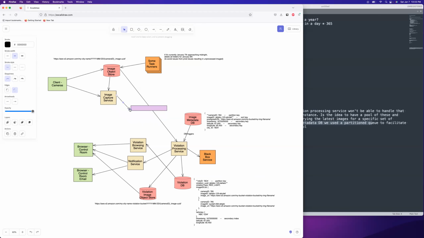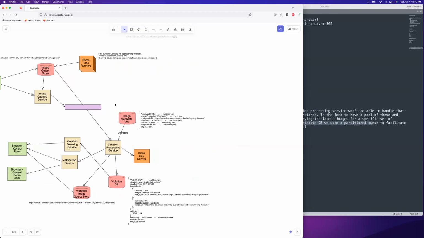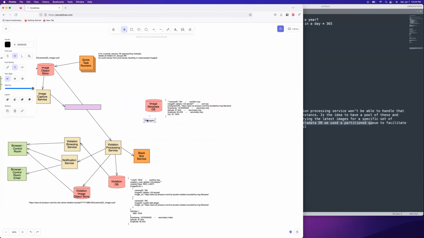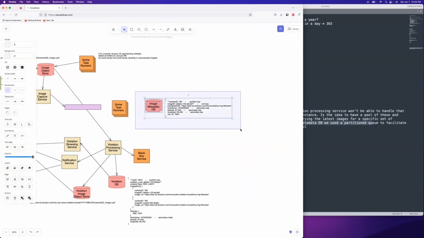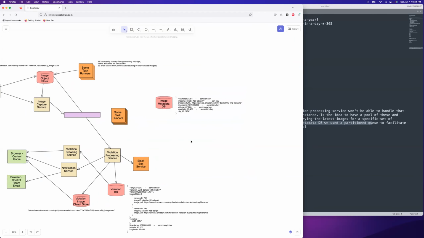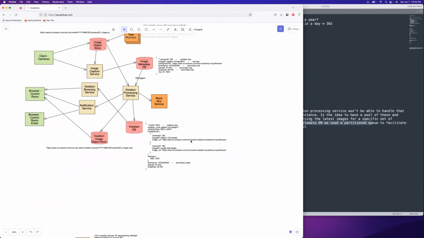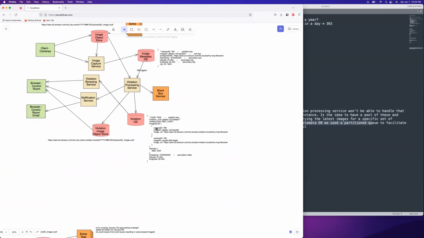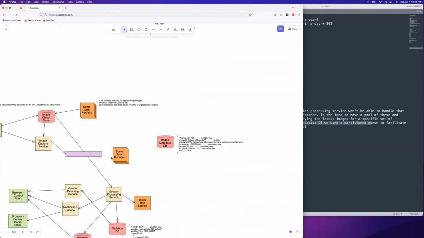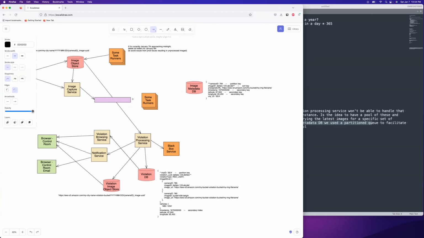And then we're going to have some task runners that are going to read off of this. And then instead of having our, okay, we want to remove this. That's what we're removing. And then we're going to add in our task runners, and they are going to take it. So I'm sure I had something else for the image metadata. No, I didn't have that read anywhere else. Oh, that's right. I used to have it read directly by the violation browsing service in other cases where I did this. Okay. And then these are going to be Lambda triggers, just AWS Lambda triggers, and they